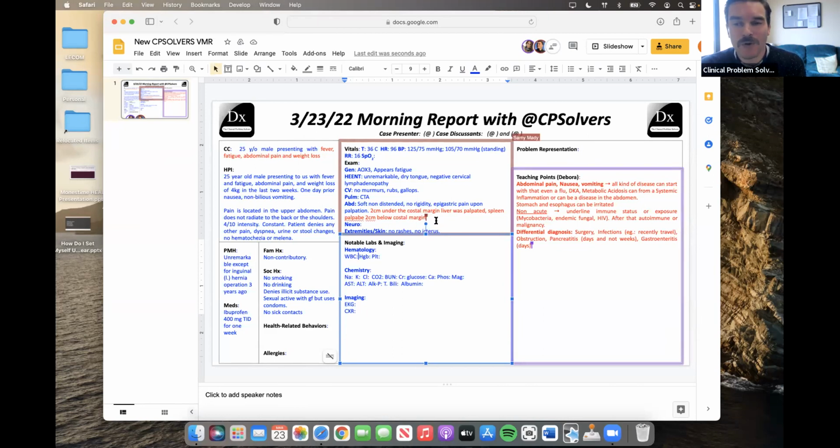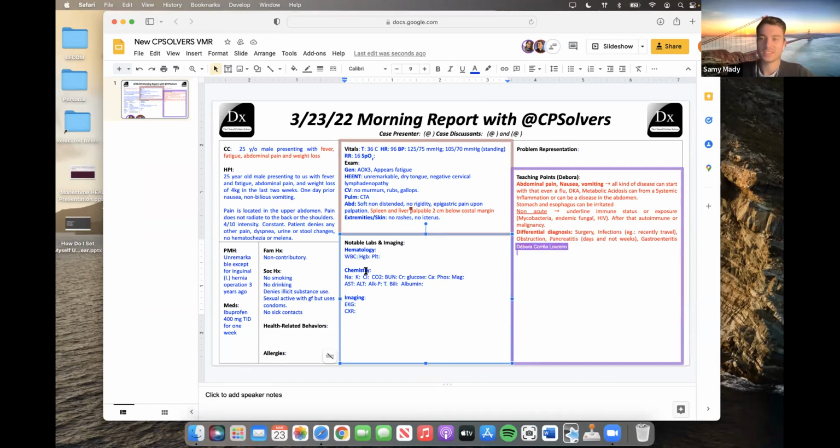I think Ravi brought up a great point in the chat as well about the possibility of an acute viral hepatitis, which could have non-specific symptoms, but also give us this potentially enlarged liver that we're feeling on exam here. And so I think we're really going to use the signature of the labs to help us guide not only where we go next, but also what organs we start to localize. Because at this point, we're still saying it's something happening in the abdomen, but we're not able to move closer to one of those organ-based pathologies quite yet. So I'm super curious to see what we end up finding on labs here, Sammy.